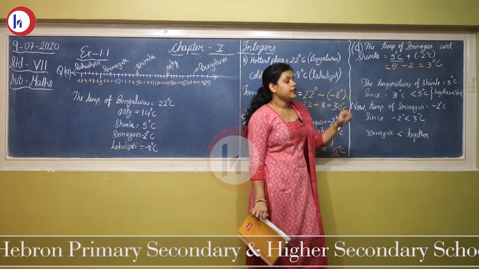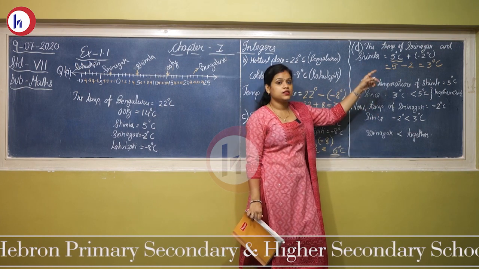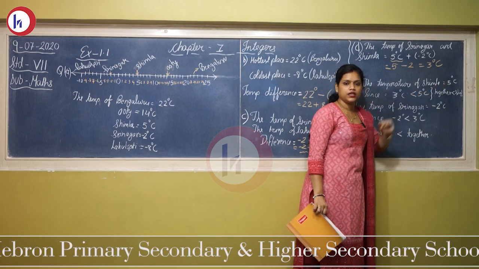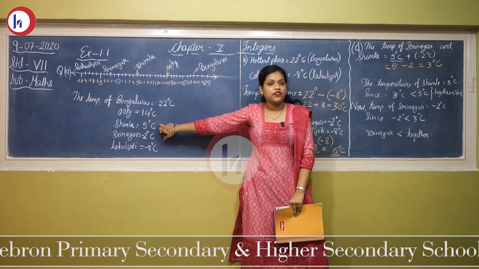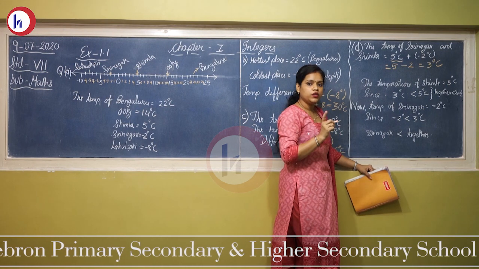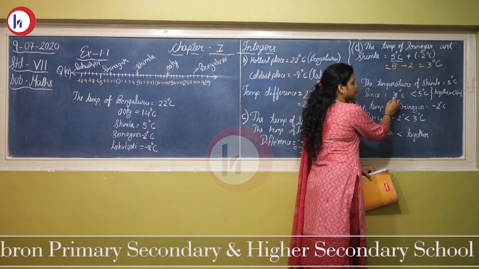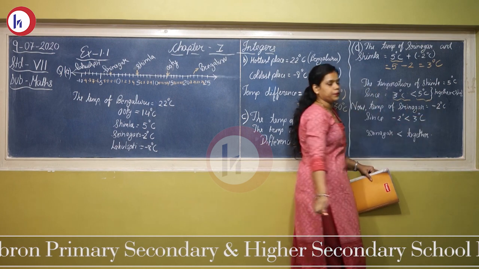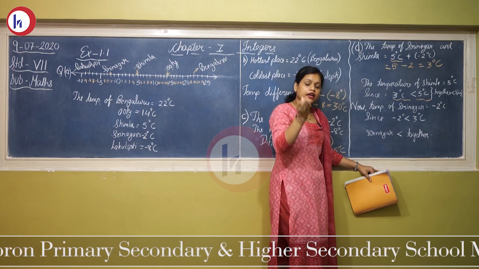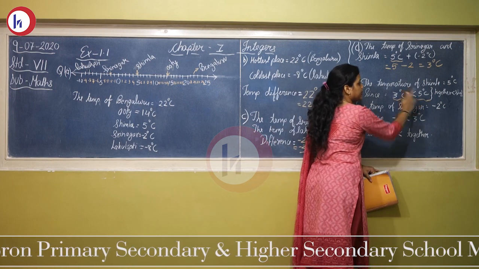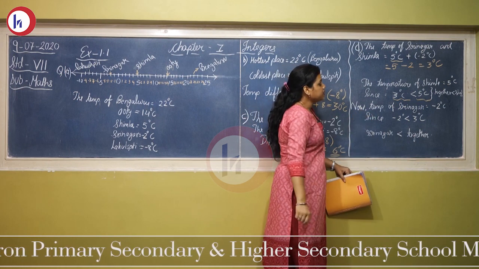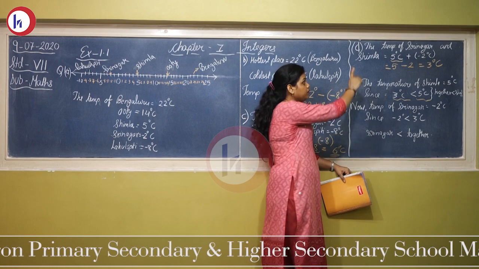Now what is it telling? It is telling us to compare both the temperatures separately with the together temperature. So the temperature of Shimla is 5 degrees C. So comparing 5 degree with 3 degree, that is the temperatures together, what you get is that 3 degree is less than 5 degree. That means the temperature of Srinagar and Shimla taken together also is less than the temperature of Shimla alone.